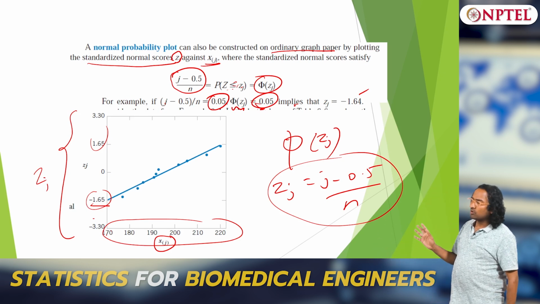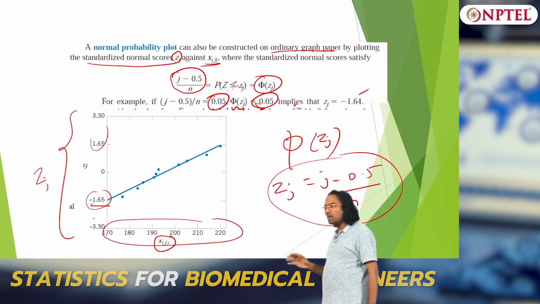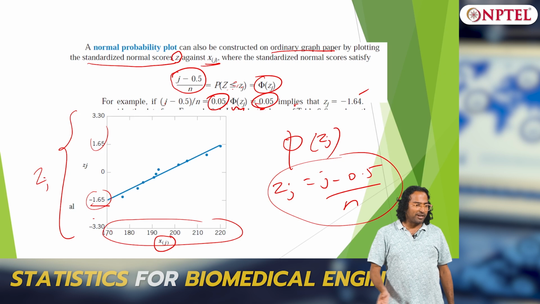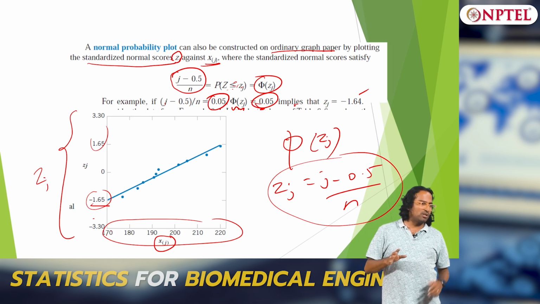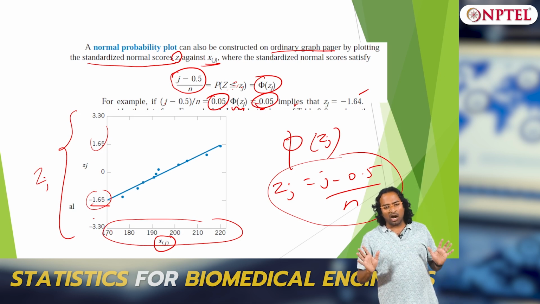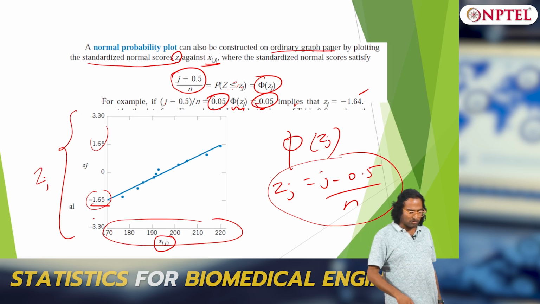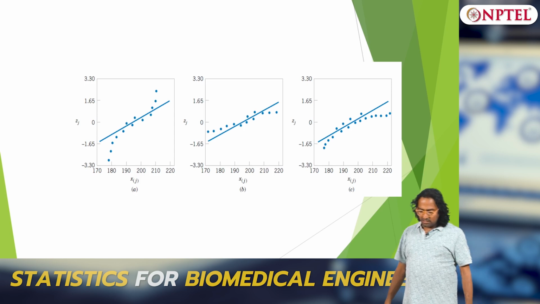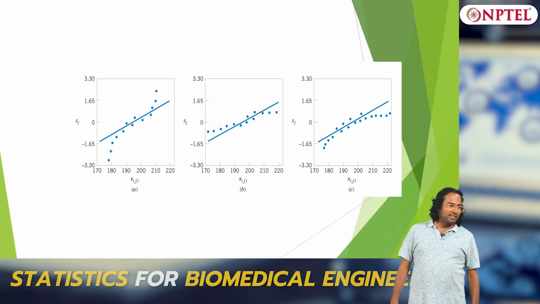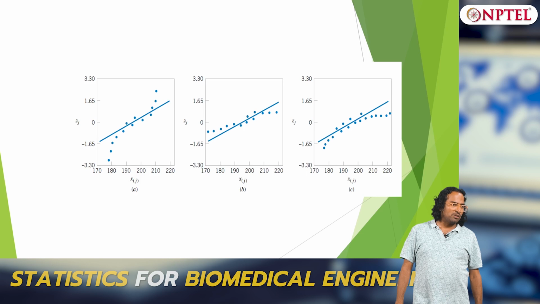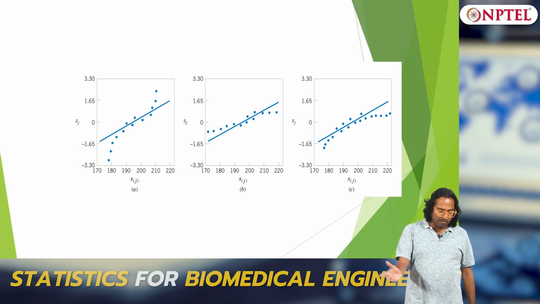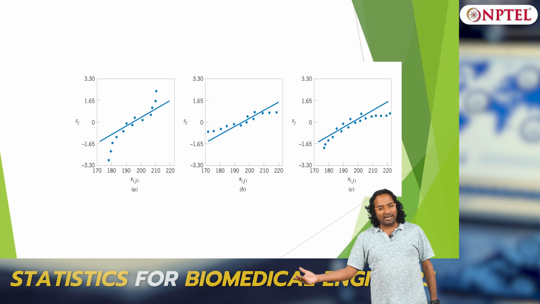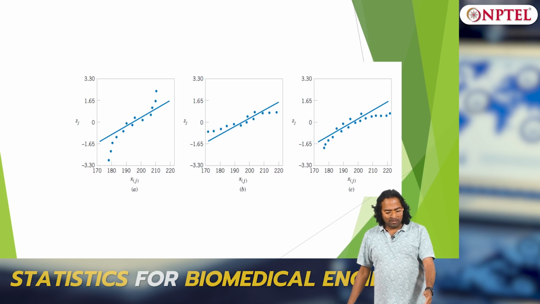It may not tell you about close cases, it is either normal or significantly non-normal. Okay, if this graph is going to be exponentially increasing or decreasing, then you know that the underlying distribution for sure is not normal. These are some cases where you can clearly say that the underlying distribution is not normal. The straight line should have been like that, but you have this. So whether there is more data to the left or more data to the right, all of this can be got from this idea.